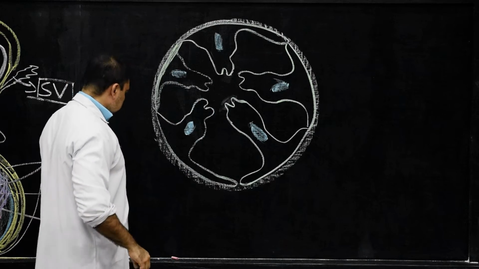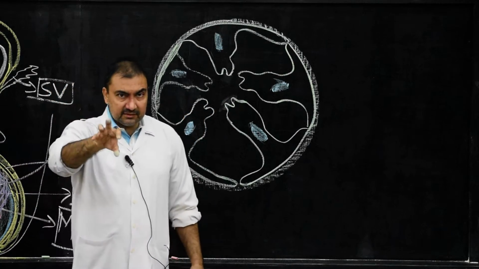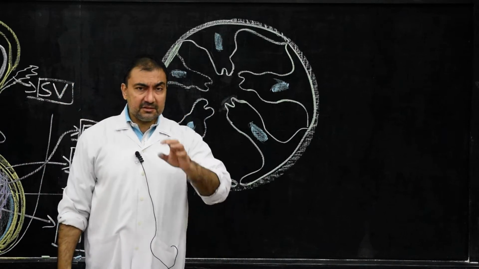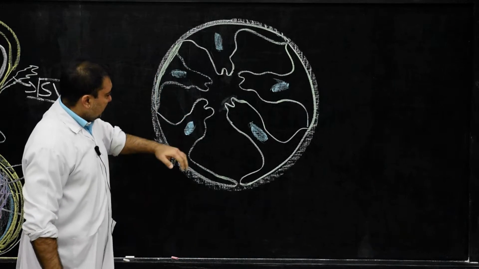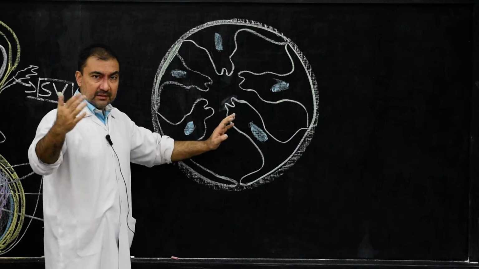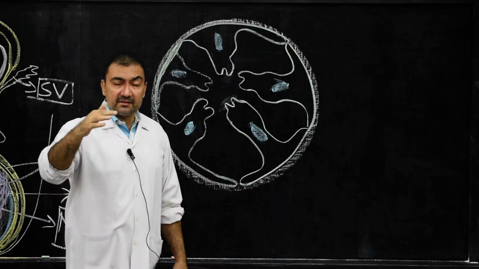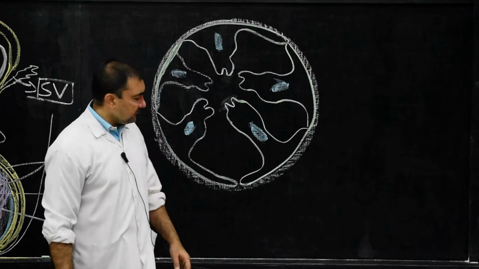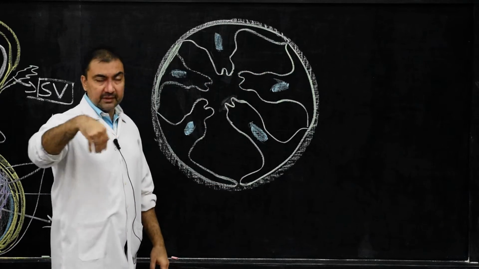Now, in between the Sertoli cells, there will be various interstitial cells of Leydig, and these interstitial cells of Leydig will secrete testosterone. Along with them, the second variety of cells present in between the Sertoli cells will be the various spermatogenic cells in various stages of spermatogenesis. So the spaces in between Sertoli cells will have this second variety of cells.